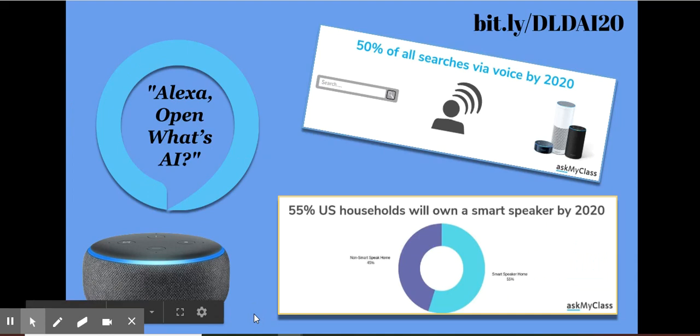So thinking about our world that our students come from, or the world that we live in, almost 50% of our searches are done by voice. Think of how we can use our voice already in our world. Our TVs have it embedded. We can tell our TV what channel to go to. We can tell our cars to call someone on the phone. We can ask for information at the touch of our fingertips, and there's so much more that's out there.